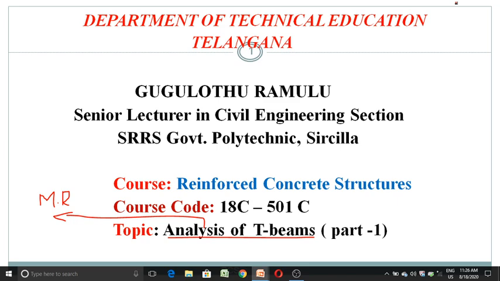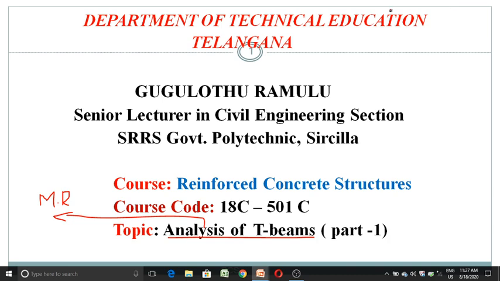By equating the compressive force to the tensile force, we get the depth of neutral axis. Based on that, we can calculate the maximum depth of neutral axis, or ultimate limiting depth of neutral axis, for the given grade of steel. Then we compare the actual depth of neutral axis calculated with the maximum depth of neutral axis. Based on the relation between these two, we can decide what type of reinforced section it is, whether an over-reinforced section, an under-reinforced section or a balanced section.